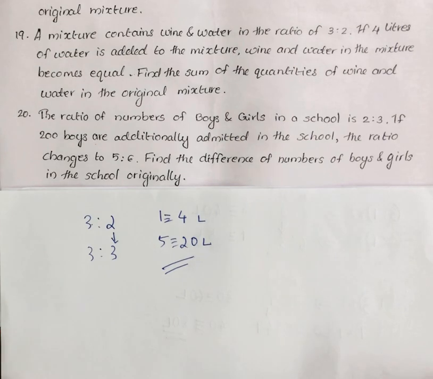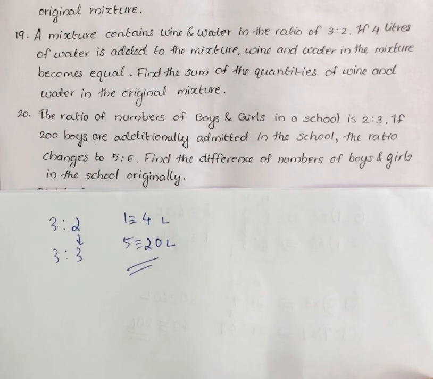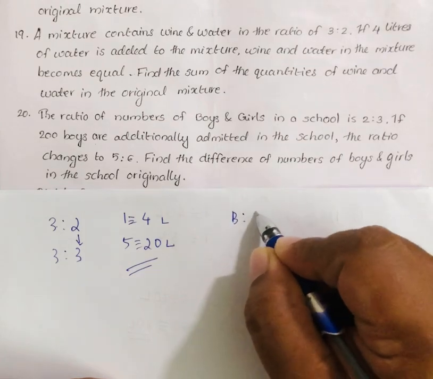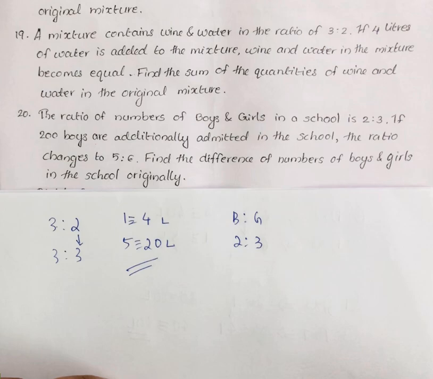Okay, so how to do this? So the initial ratio of boys to girls is 2:3. If 200 boys are additionally admitted, the ratio becomes